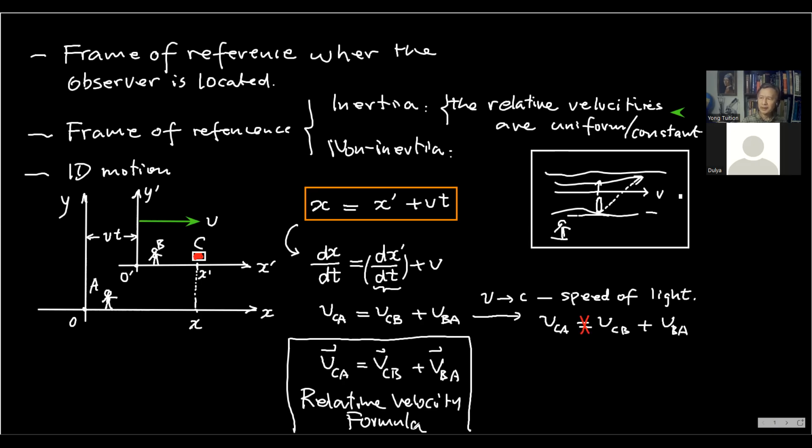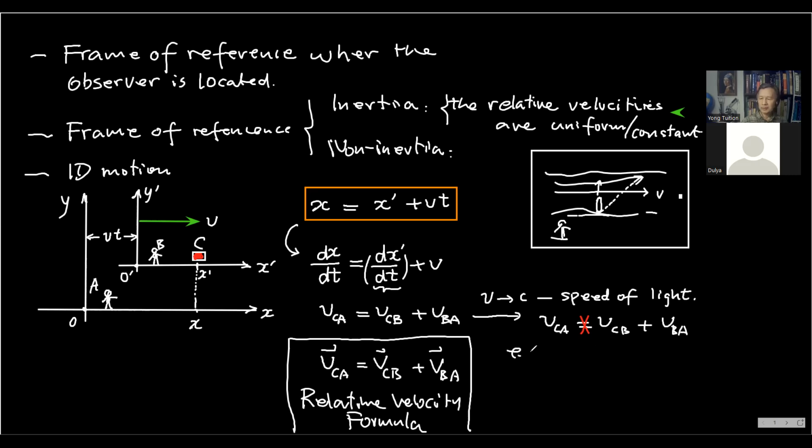Why? Why is that incorrect? Because according to Einstein and also according to experimental observation, you didn't learn that part. That's called the Michelson-Morley observation in 1896 or something, 68 or 6. It's the last few years of the 19th century. So what they observe is that this is not right.